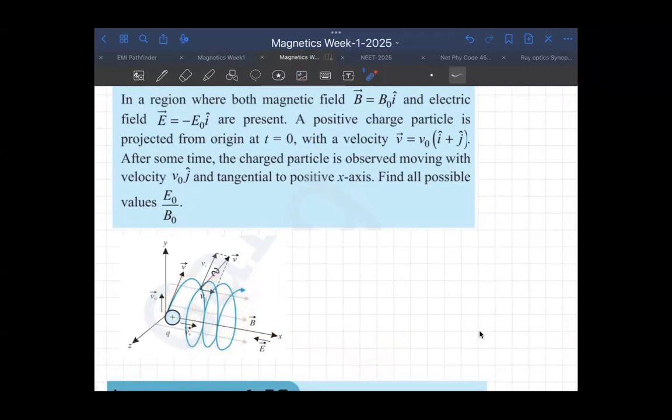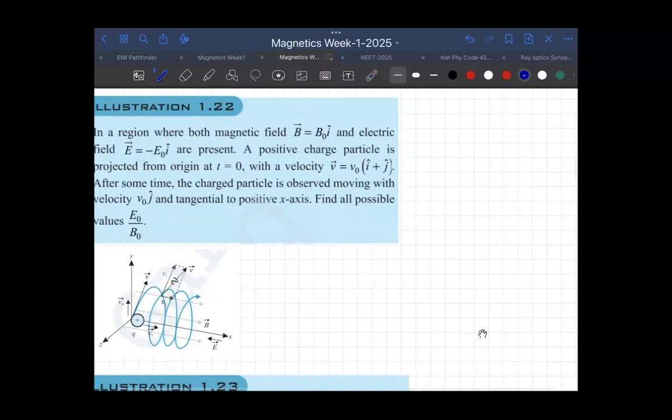But there is electric field. What is the role of the electric field? Even now it is a helix, but the pitch keeps reducing. But yesterday I taught you the pitch will be increasing, because in that direction it was accelerating. Now this is decelerating because of the initial velocity. So from this it is very clear the retardation of the particle can be given as